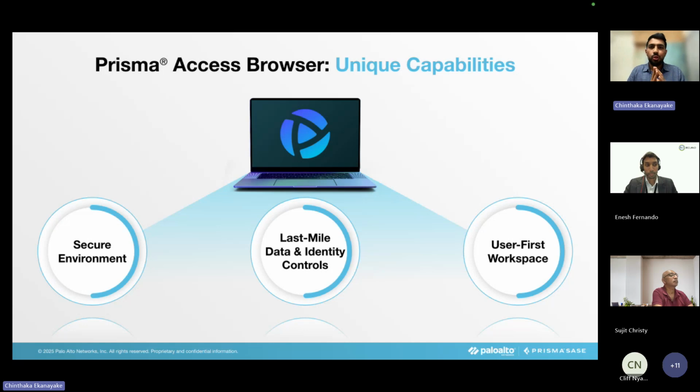But as of now, you can think of any web application that organizations have, we can provide that access. And also, it's not just about web applications on the internet. I'm talking about applications that are privately hosted in your data centers or cloud data centers as well. All of this we can deliver through the enterprise browser. And then as we go on, I'll talk a lot more about the last mile data controls, which are something that you will not be able to do in a VDI type of environment.